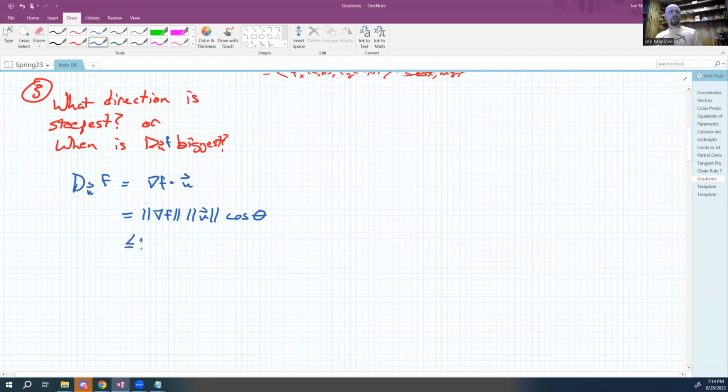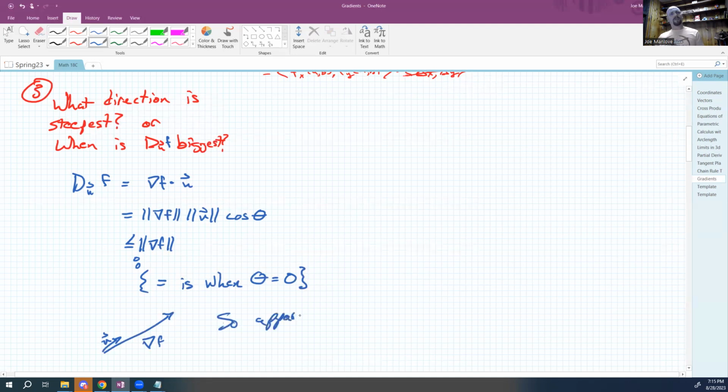So this is always smaller than the magnitude of the gradient. And it's actually equal, so the interesting bit is equality is when theta is 0. What does theta is 0 mean? It means the angle between the two things is 0. So that'd be a case where the gradient of f points this way and the unit vector points parallel to it. Oh, that's cool. That's neat. That means I can resolve this by saying,